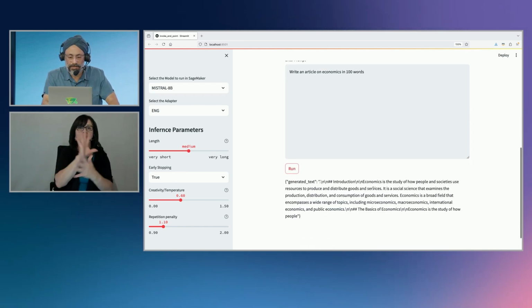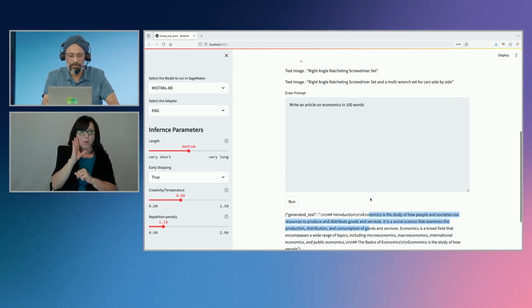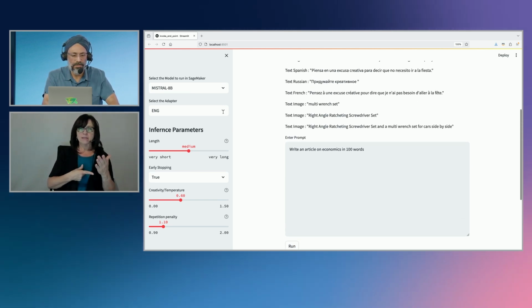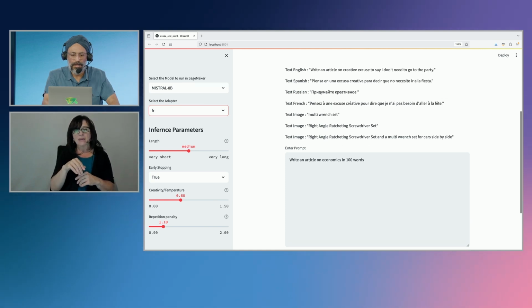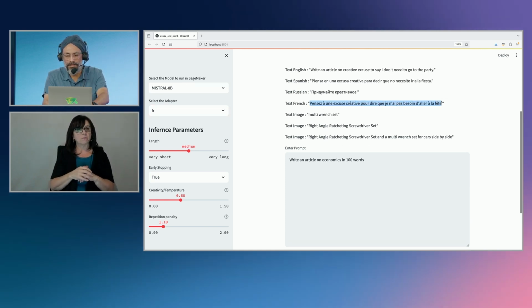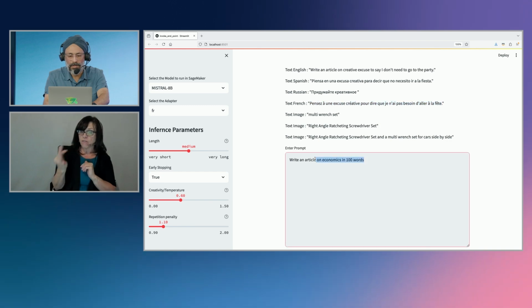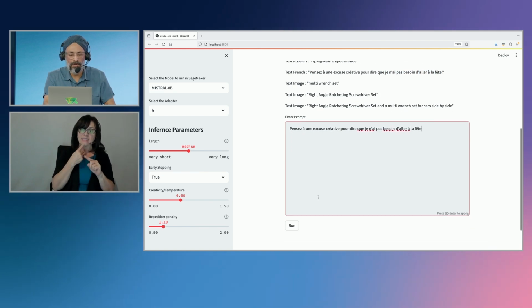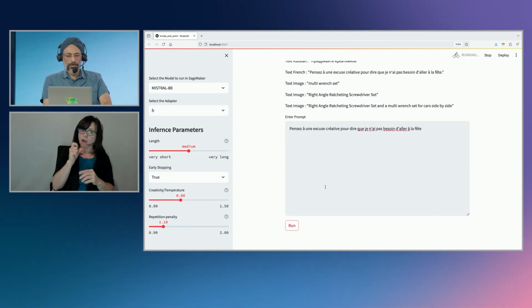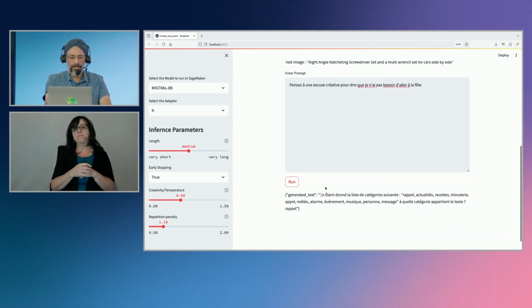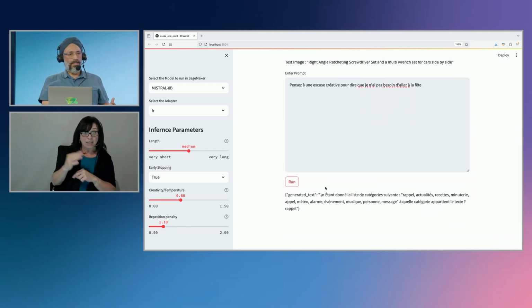It is going to give a good sense of what economics is, the basics and all that. And I'm going to take Mistral now and say, hey, now do this in French. I'm asking this question in French, and the question is the same: give me excuses for not going into a party. So it responded back in French.